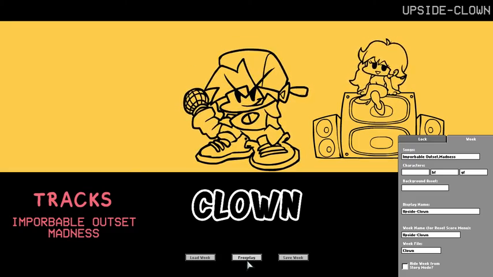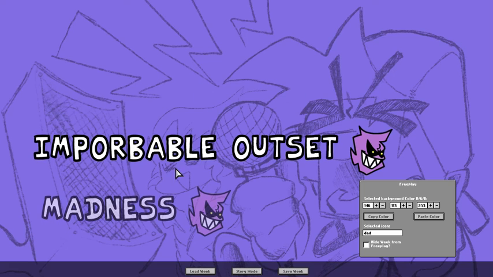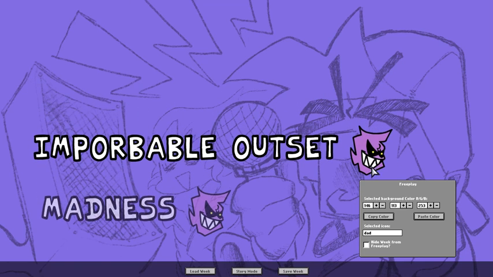Now we go here and press free play. So right here we got the free play. When you go into free play, you got the colors and you got the icons. So the icons are dad. So what we've got to do is change the colors. So I'm going to change the color to Upside Tricky's skin color. I think that's a bit darker. I think it's